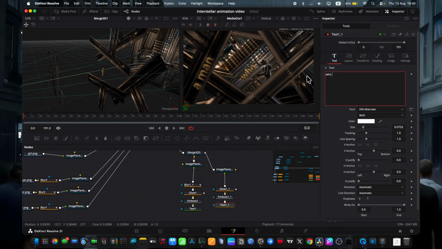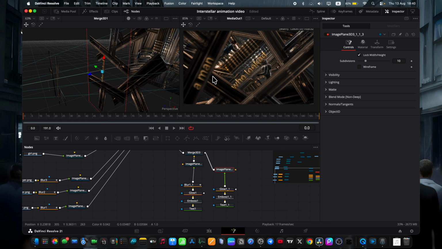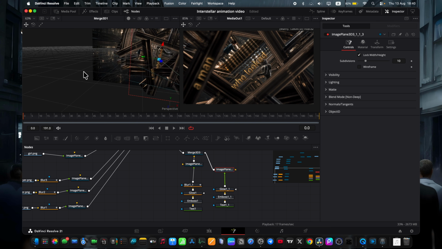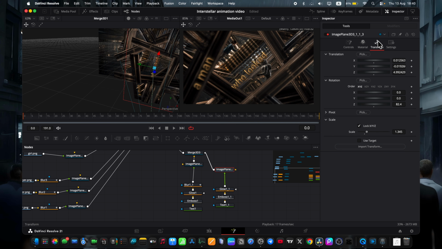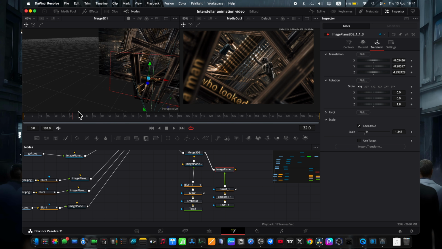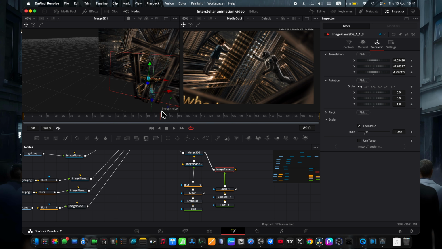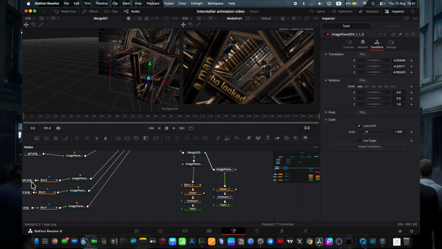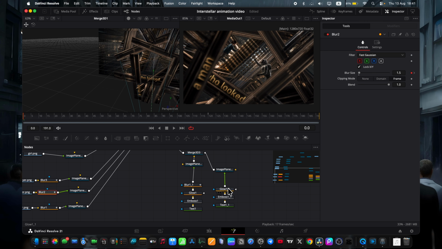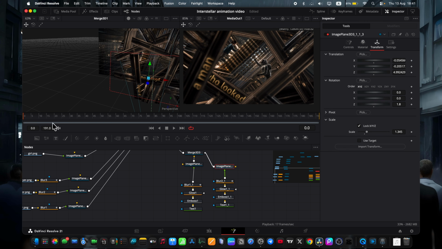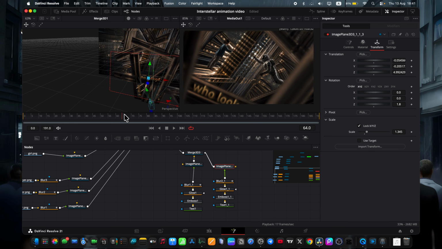So swap in the actual text you need, then use the image plane to position it as if it's attached, again roughly in the spot that partially blocks our view of the main characters. Rotate it via transform on the z-axis, drop it down a bit, and that's basically all that we need. And now it moves along together with everything else. Really, the only thing missing here is the blur. Since our blur is already dialed in, we just copy one over and paste it, and boom, it blurs exactly